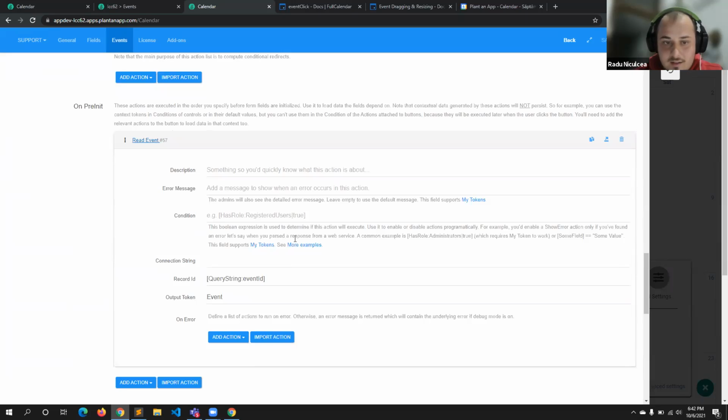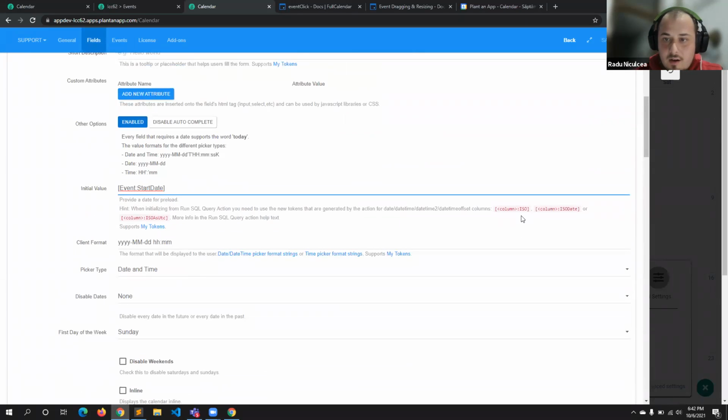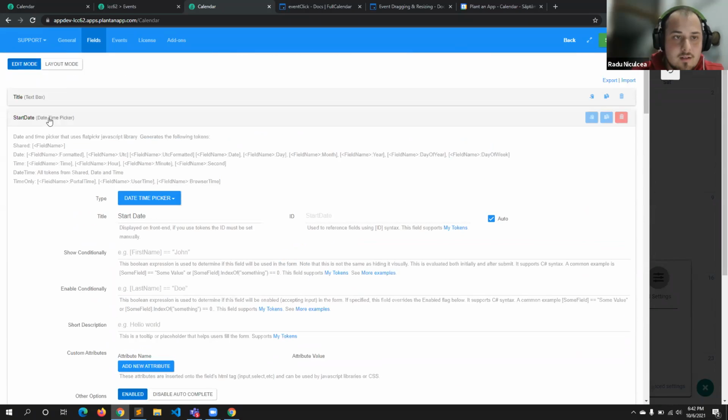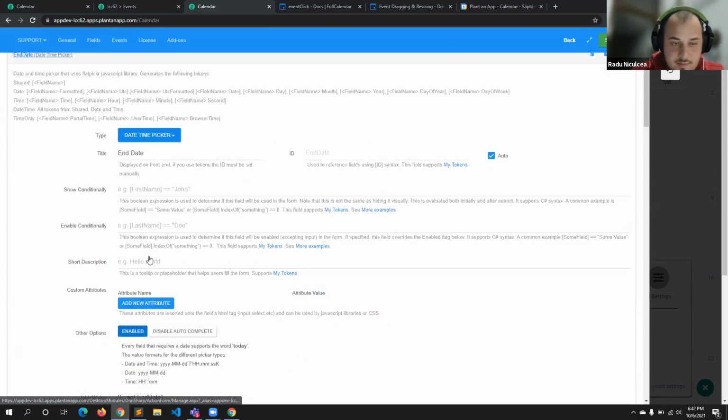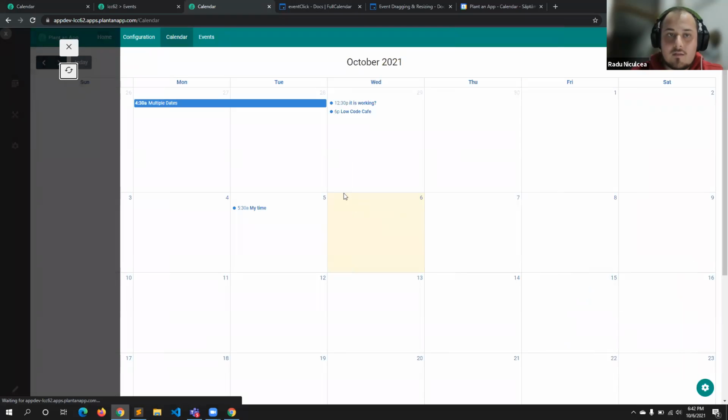I think it has an ISO option. Okay, column ISO date. All right, so that's my ISO. This is the start date, and I should do the same thing to the end date. ISO. All right. Let's try again.